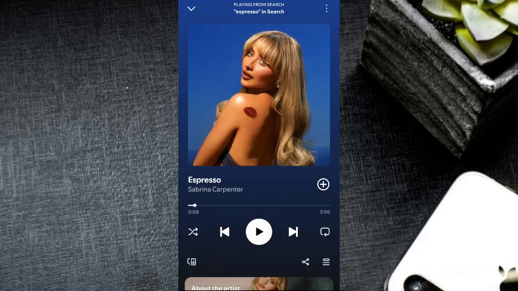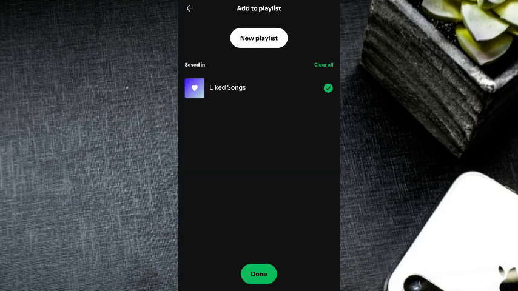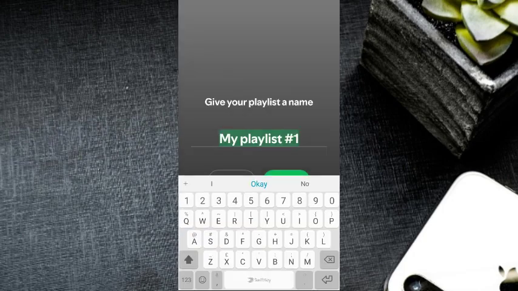pause that, and you will see a plus in a circle. Just click on that. That adds to your liked songs. Now if you want to change it from adding to your liked songs to a playlist, just press on new playlist. That's if you haven't gotten a playlist before. You can write anything as your playlist name. I'm going to write My Jam